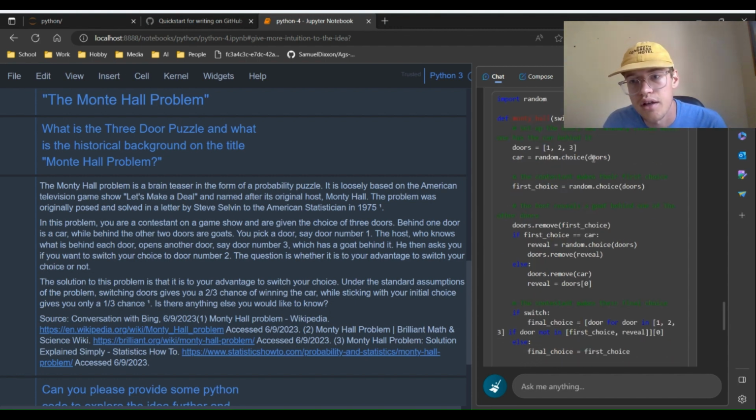Car is going to have a random choice of doors. So we're going to pick a random choice of these doors. So that's what the car is going to be behind. Then we're gonna have our choice, right? And then we're gonna remove our choice from the selections. And then if the first choice that we had was the car,